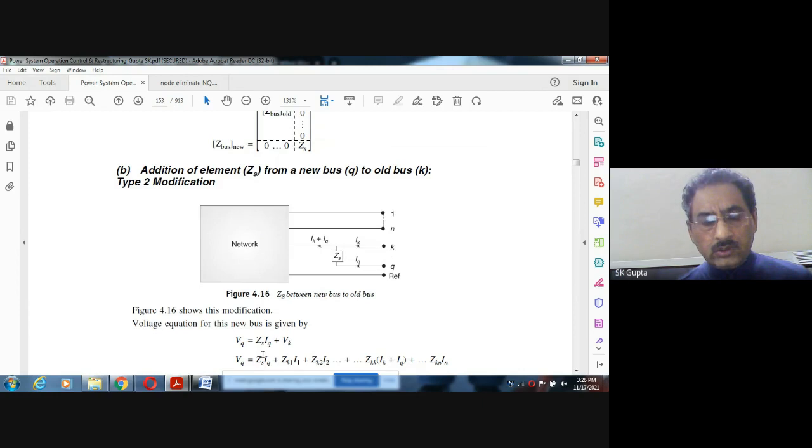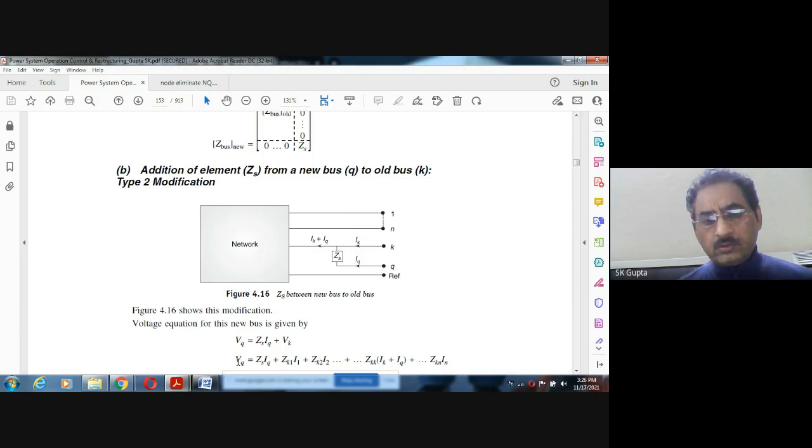So you can say this is ZK1 I1, ZK2 I2, and ZKN IN. The only thing is, it should be ZK1 I1, ZK2 I2, and ZKK IK. But in this kth bus, in addition to IK, the additional current IQ is also there. This Q current is going through it. So it is IQ plus IK. So here, IK becomes IK plus IQ. Means the voltage of the kth bus has been modified by this IQ. Not only this, so this is okay.